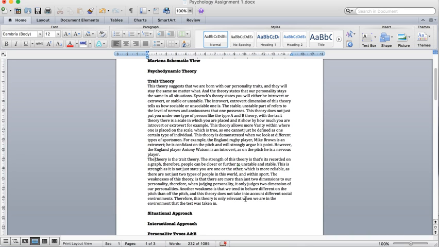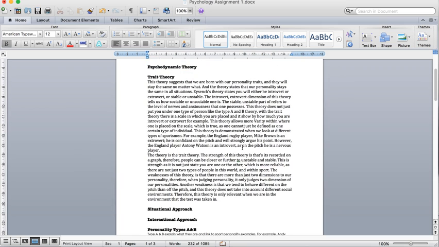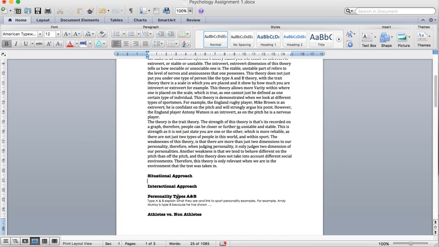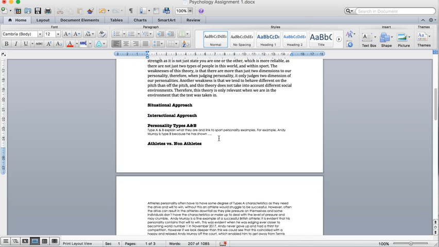Okay, so I've kind of gone through how I do the trait theory, and that approach there needs to be applied to all the theories. So you would go on and do it for this, and then you come on to type A and type B, and you describe and explain type A and type B. Remember, keep linking sports examples here. So above I talked about Mike Brown and Anthony Watson. Throughout you need to link the sports examples.